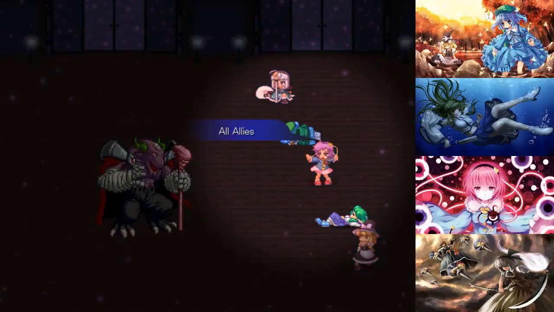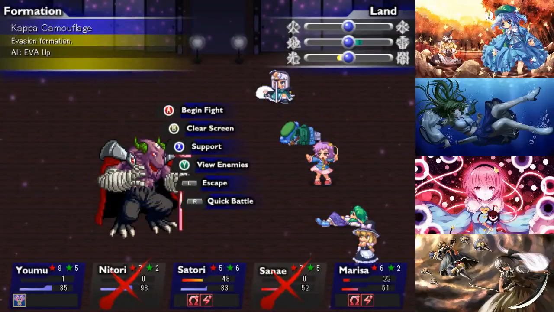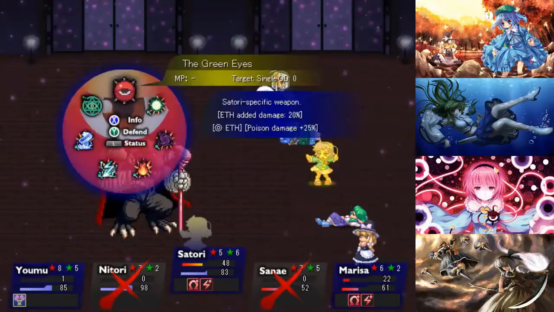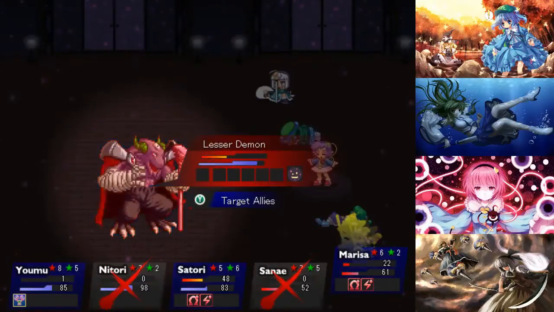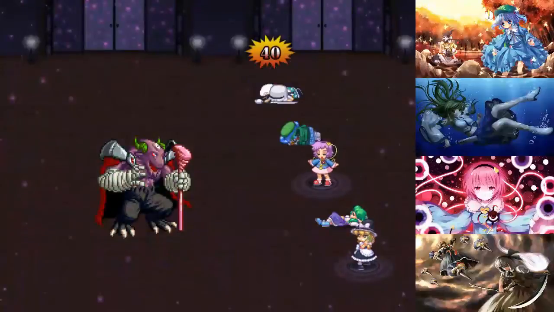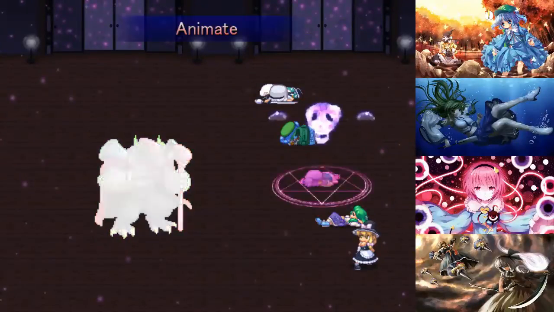Uh-oh. Let's... I don't even know what to do now. Because Yomu is just gonna kill me. I might just have to energy drain Yomu here and hope that Satori goes ahead of her and just napalm. Yeah, oh, she just Yukuri slashed herself. Okay, I guess that's better than anything, but